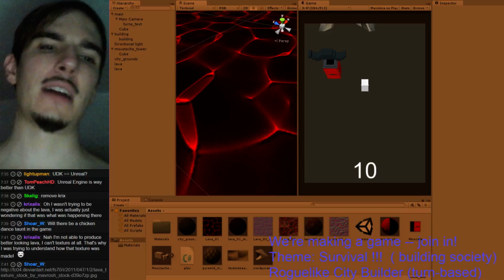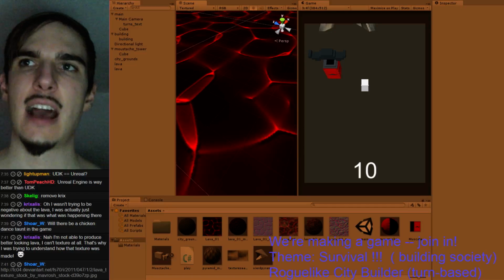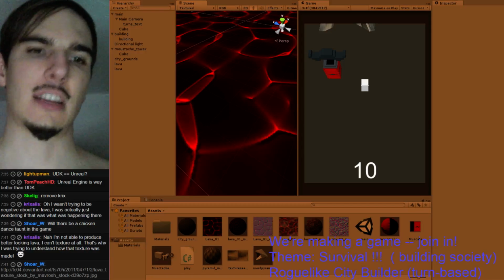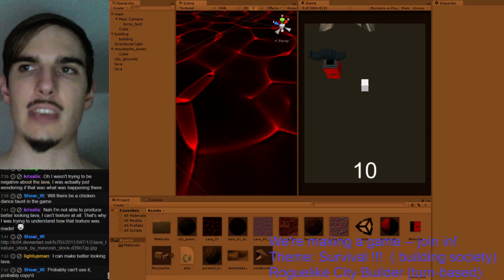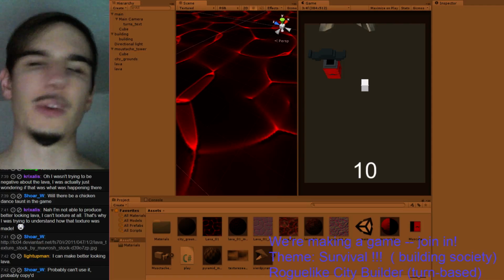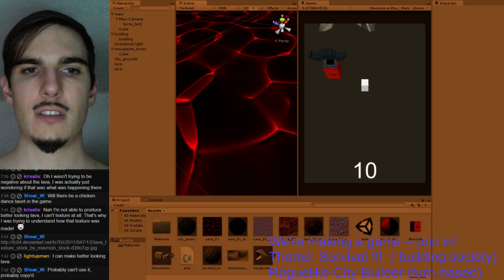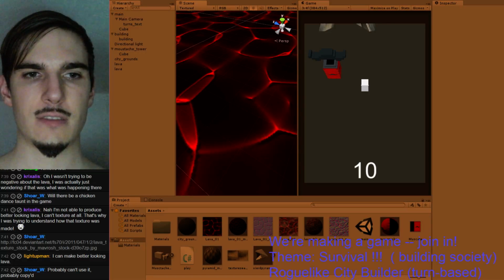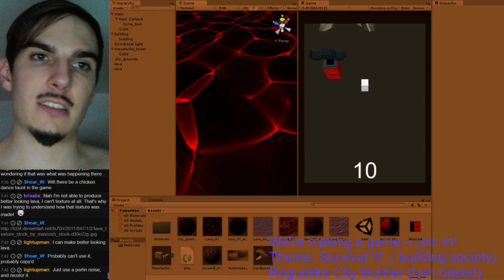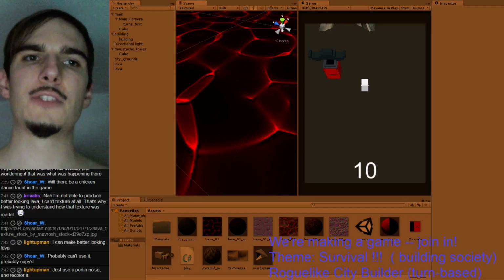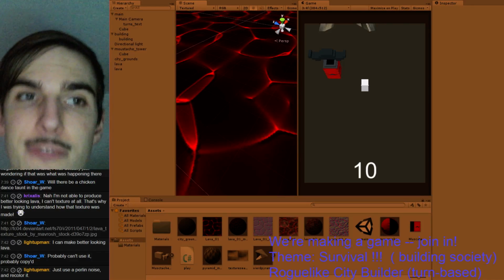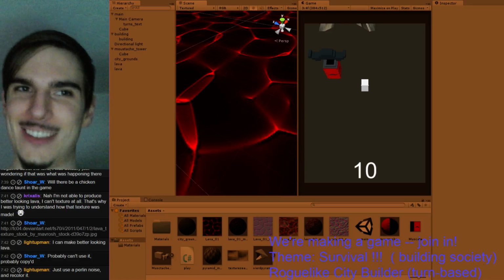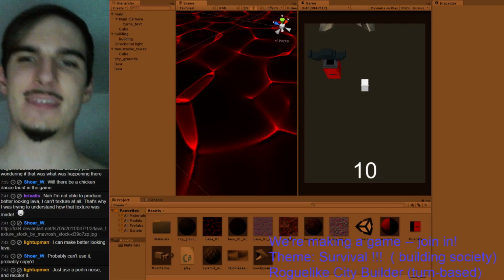Oh yeah, the other thing is that I'm not using other people's textures. If you want to make something for the game, you can make something for the game. But we're not using other people's stuff. So it's only stuff that we make here because that's a really important thing, so I really have to emphasize that. Yeah, anyways,